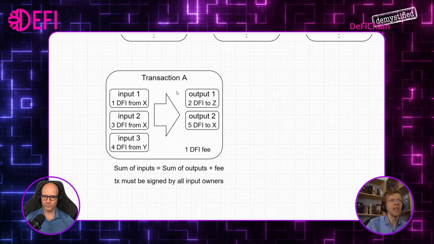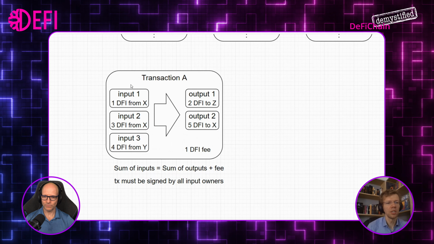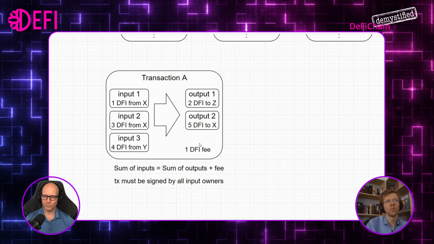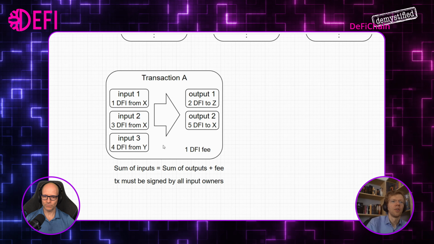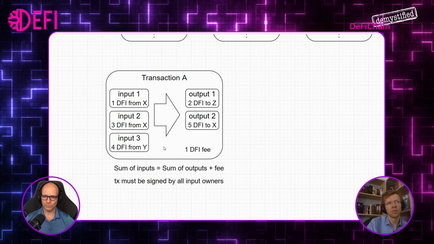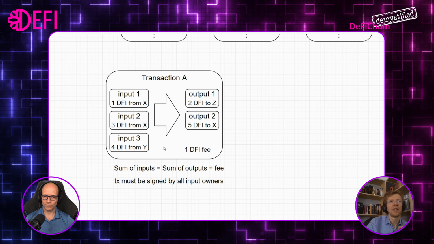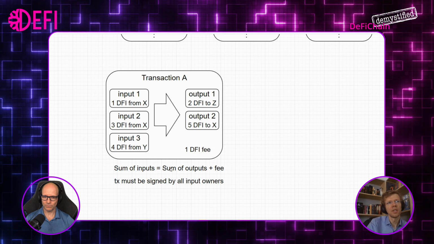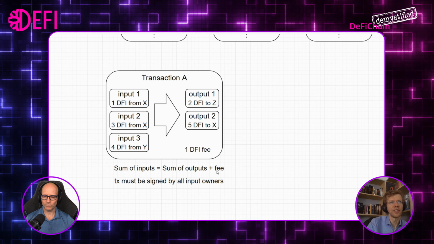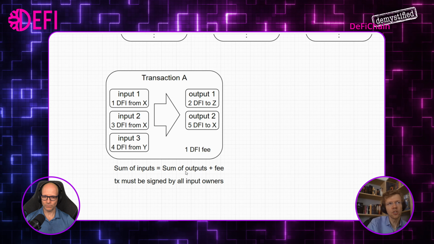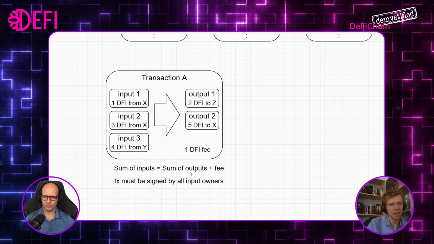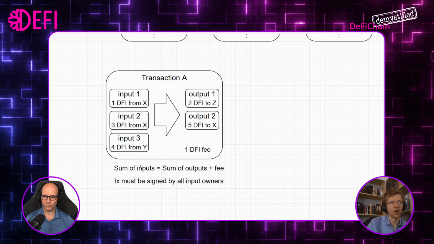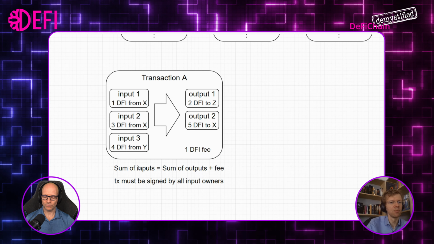We just have transaction A, where we say, okay, a transaction is a list of inputs on one side and a list of outputs on the other side, and you pay some fee for it. What's important to keep in mind is a transaction is valid if the sum of inputs is exactly the sum of outputs plus the fee. So actually, technically, the fee is calculated by the difference between the sum of inputs and the sum of outputs, and it needs to be a minimum fee.